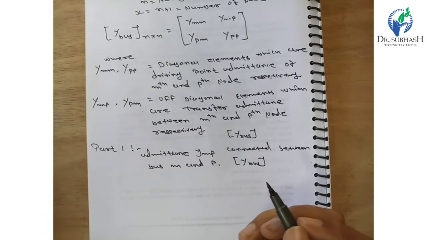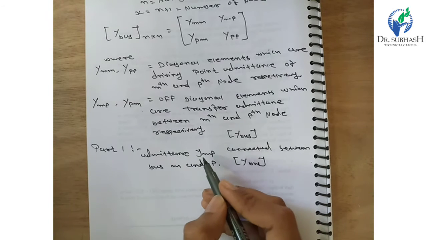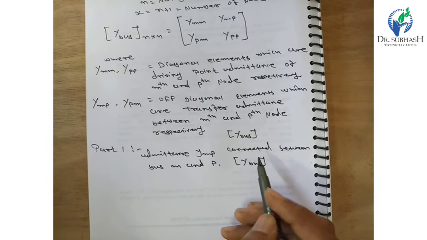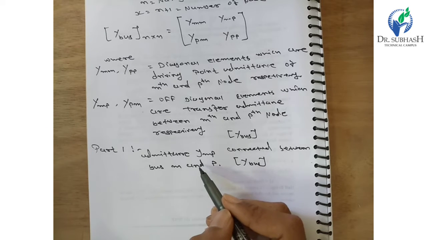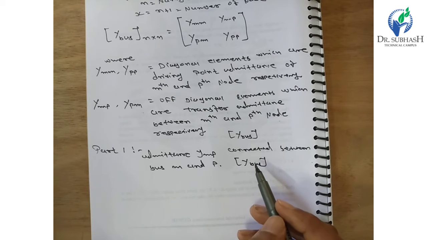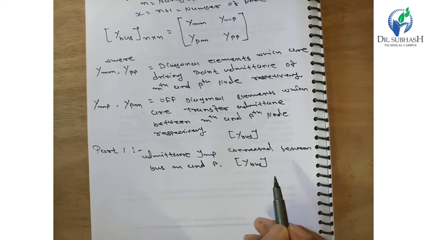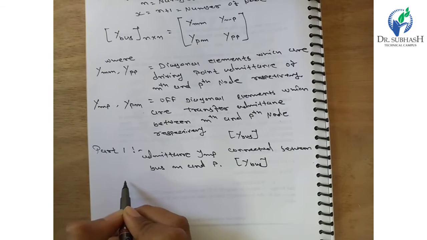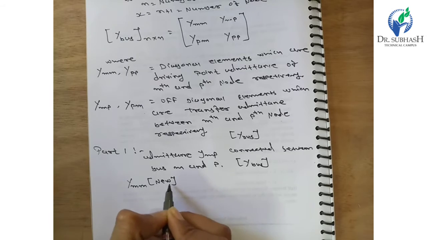So, the modification of case 1: in case 1, we have taken the admittance Y_MP connected between nodes, and the buses are M and P. So the updated modification of the Y bus is affected. We can apply these entries as follows. Here we write Y_MM in a new form.